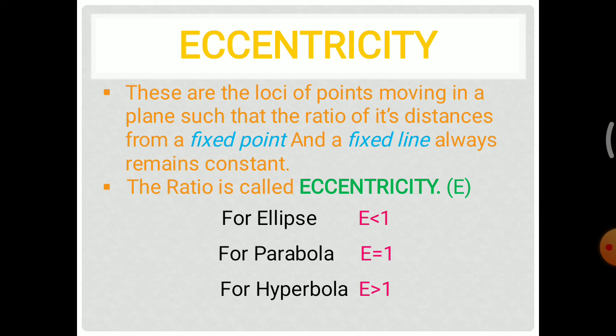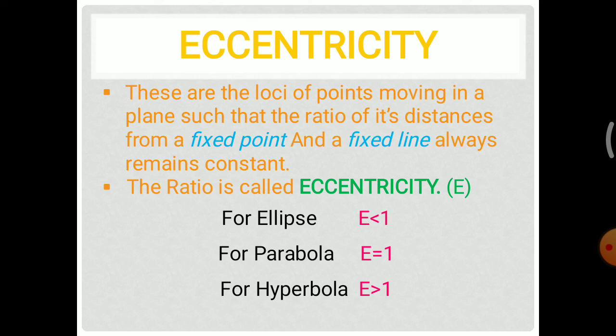And for the parabola we can take E is equal to 1. Here capital E is the symbol for eccentricity. So for the ellipse E is less than 1, and for the parabola E is equal to 1, that is, eccentricity is equal to 1. So we can take it as 1 by 1 means 1, 2 by 2 means 1, 3 by 3 means 1.